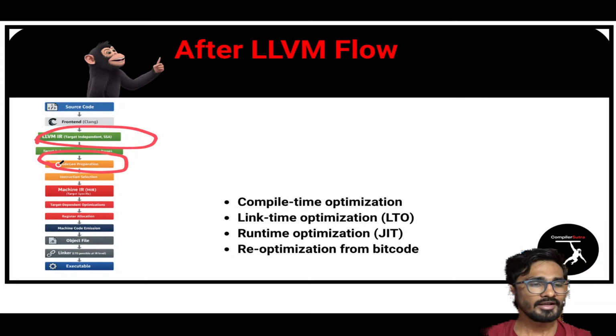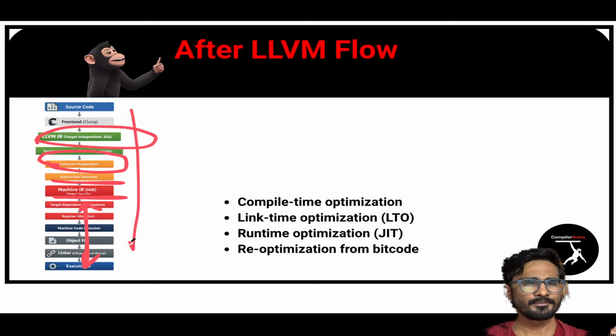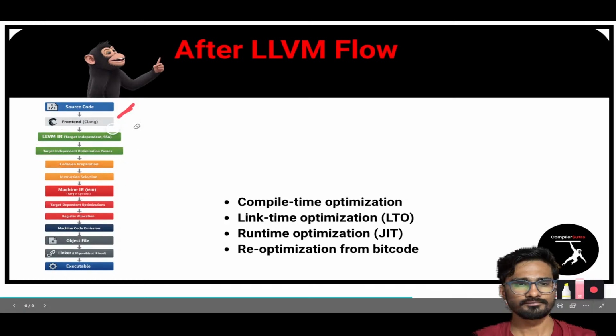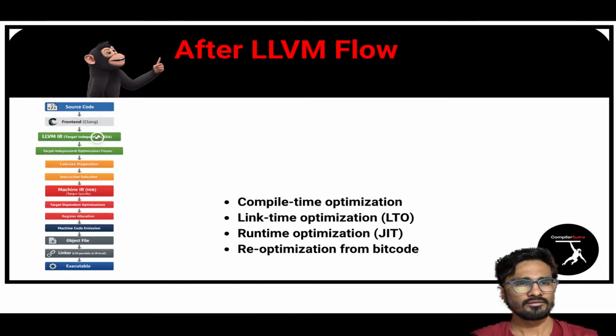Then from there we get code generation. From there we again optimize, target dependent. Then we have code generation, we generate the assembly code, and from there instruction selection and all these things happen. It's a very huge pipeline which I will explain in other lectures. Just briefly, you can get an idea how the pipeline of the compiler has changed due to LLVM. But before understanding this pipeline, you must have an idea which we'll see in the LLVM design class. After this we will take that.